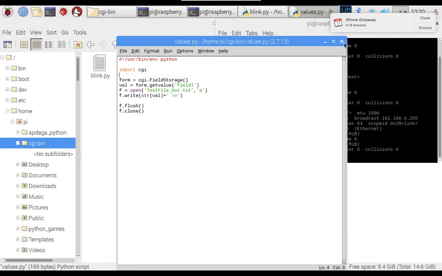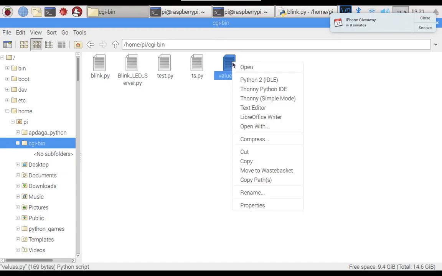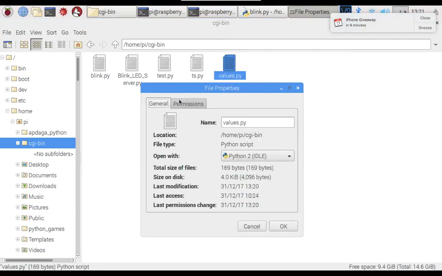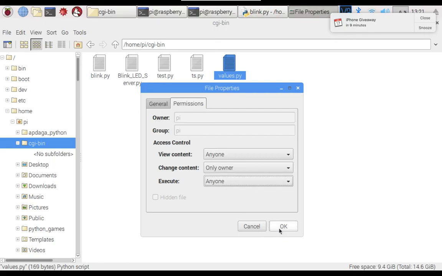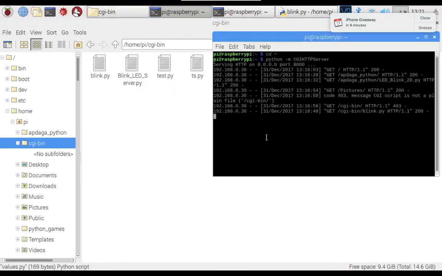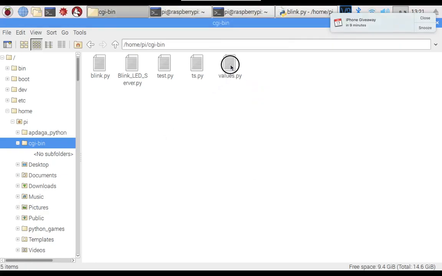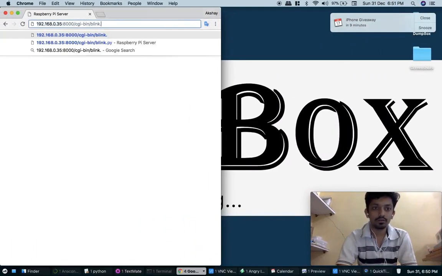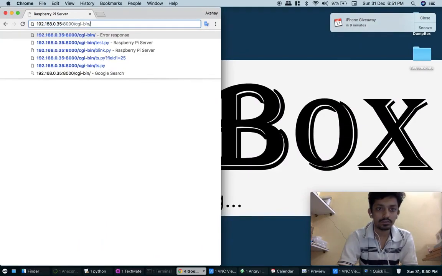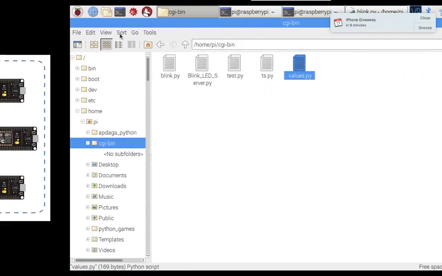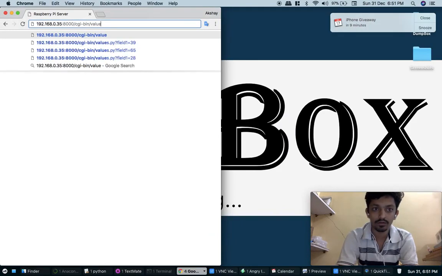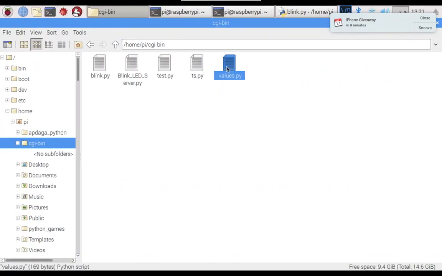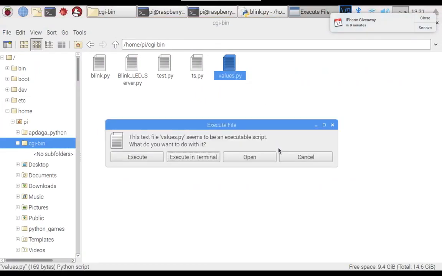We have to follow all the steps: save this file, then change the properties, go here and allow execute for anyone, then okay, then check whether our server is running or not. Our server is running at this time. We know the IP. Then the format is: go here, cgi-bin, then write the name of the script, that is values.py, then question mark, then the name of the parameter.